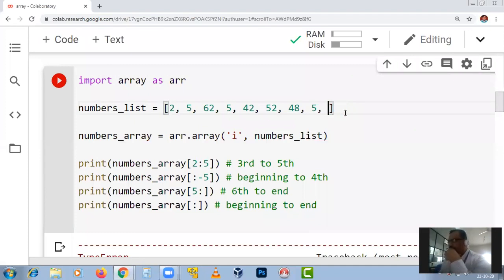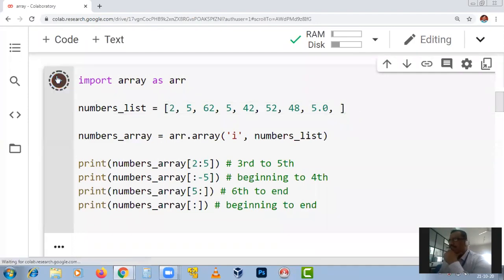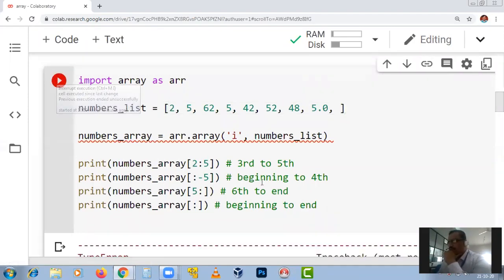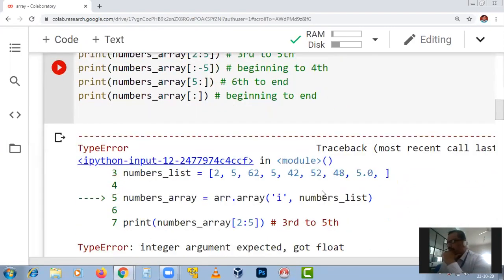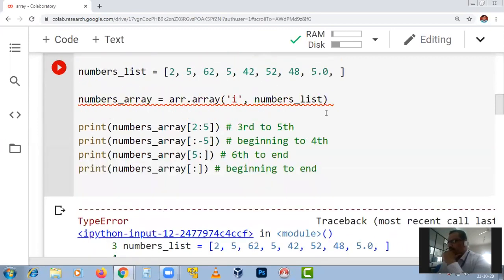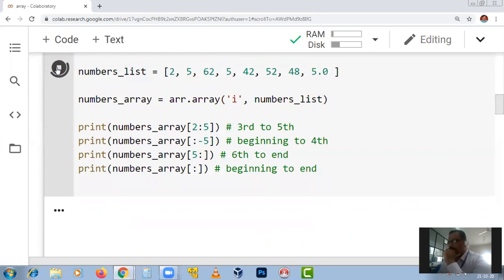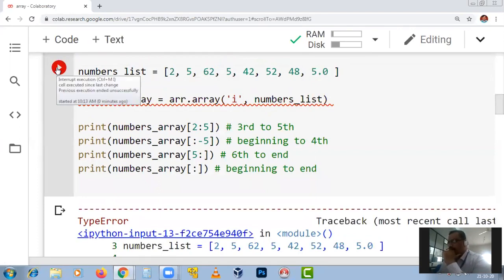Even if I give 5.0, yes, it is throwing an error. Look here, 5.0. Sorry, I have to remove the comma. Okay, 5.0 is a double floating number. It is not accepting. It is not at all accepting.